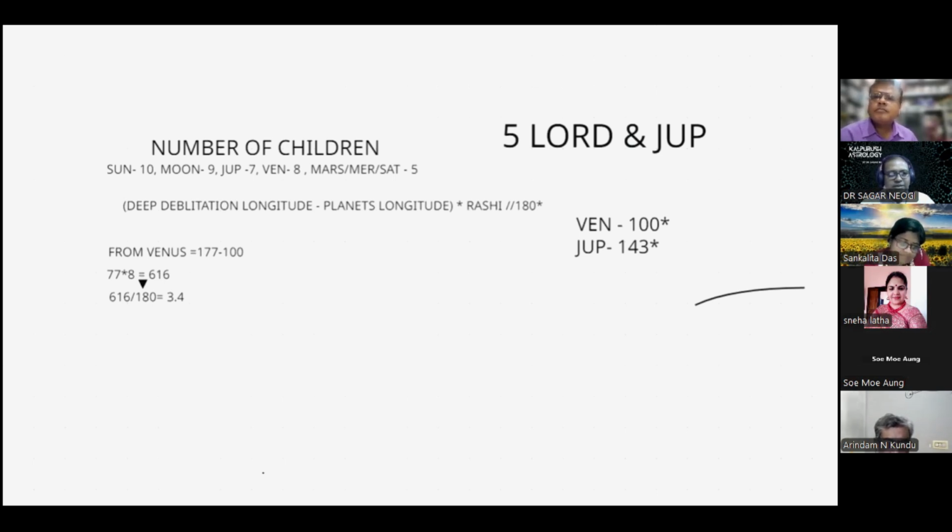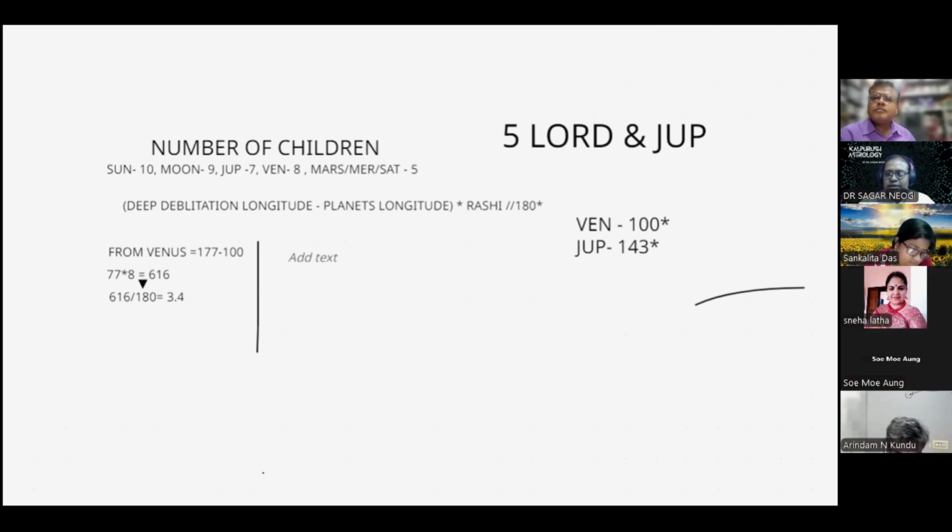Now let's consider Jupiter. Because Venus is the fifth lord, we have done Venus. Next, we have to calculate Jupiter. What is the absolute debilitation degree of Jupiter? 5 degrees in Capricorn. But tell me the absolute degree. 275, because up to Sagittarius it is 9 into 30, 270, plus 5. So 275 is the absolute debilitation degree, minus